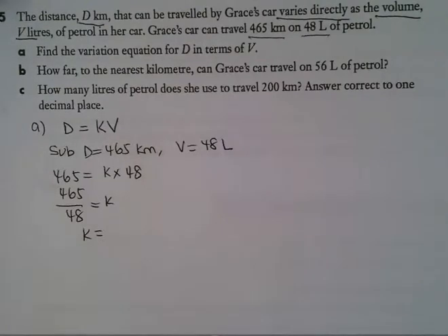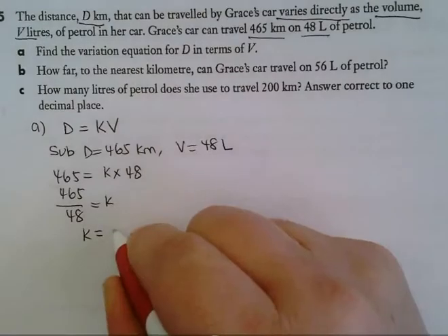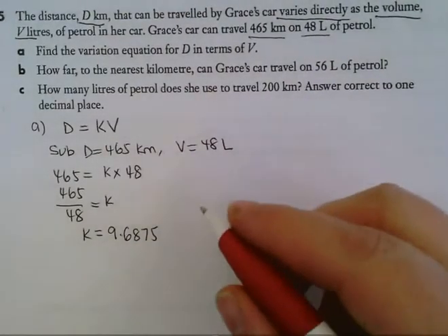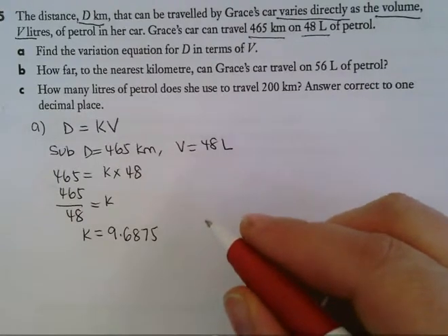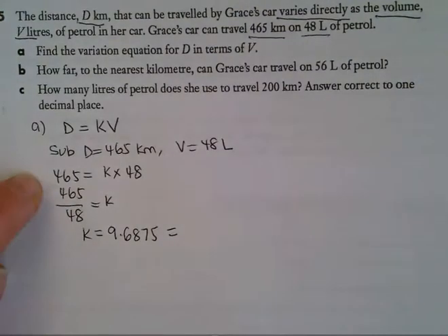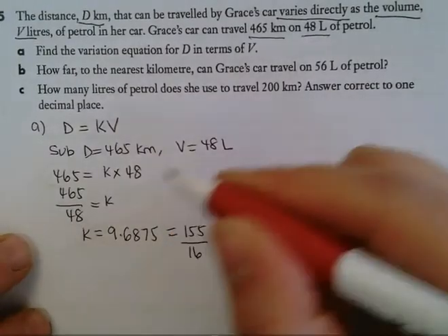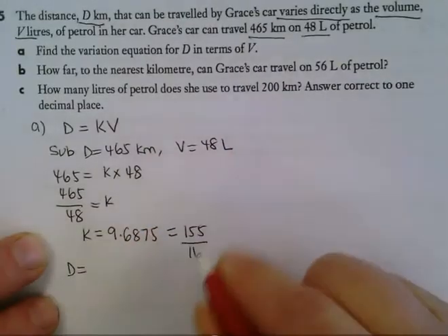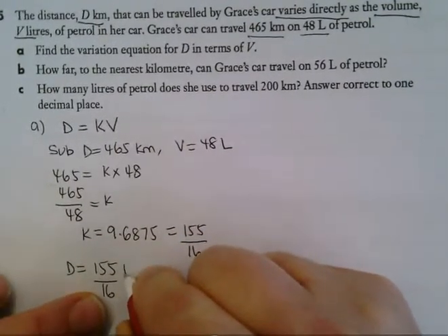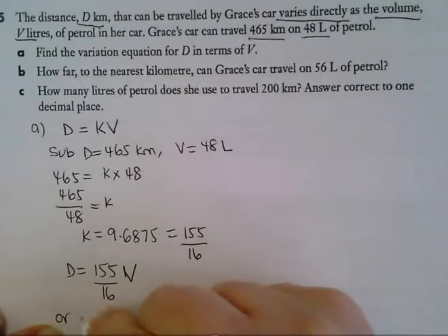What have we got? It's only 4 decimal places, 0.6875. So could you just press the change button and tell me what it is as a fraction? 9 and 11/16. Yeah, write it as an improper fraction. Can I have that as an improper fraction? 9 and 11, no, improper. 155 over 16 is the improper fraction. You put in the equation, you could write it a couple of ways. D equals, if we've got the simplified fraction, that's fine, 155 over 16 v, or you could write it as